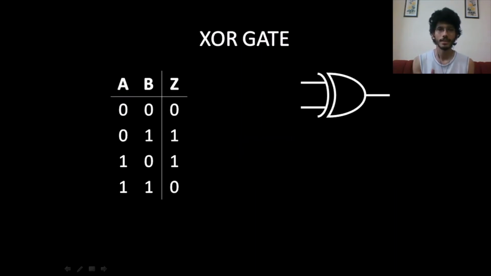The next circuit is an XOR gate. Now XOR gates are kind of weird. They are short for exclusive OR. So they are like OR gates with an exception that if both the inputs are 1, the output is going to be 0. So another cool way of looking at it would be if both the inputs are same, the output is going to be 0. Or if the number of ones is an odd number, then the output is going to be 1. You look at it any which way you want.